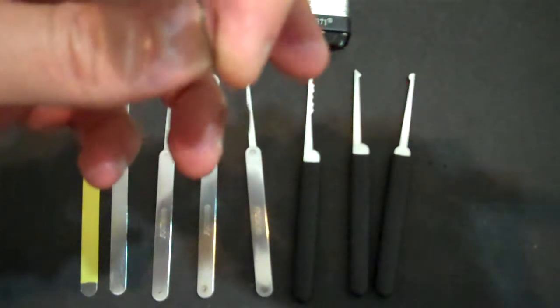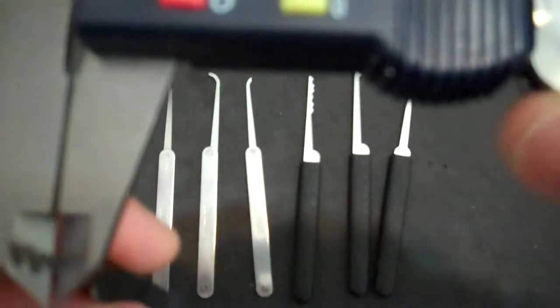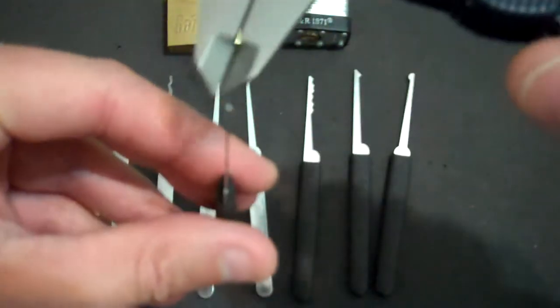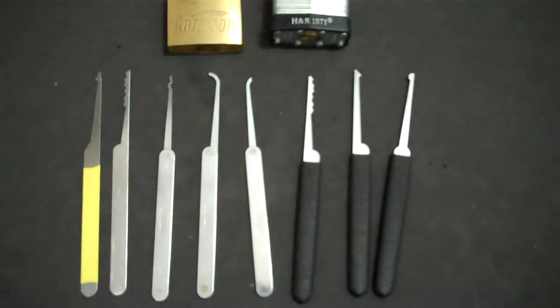That's a W rake. I'm going to pinch it where the handle's right there. 0.031 on that rake. Yep, a little bit thicker. That's surprising, because my other rake, the snake rake right here, is not that thickness at all. I didn't measure that one before. So the thickness on the snake rake is 0.024.5. So about the same thickness as the